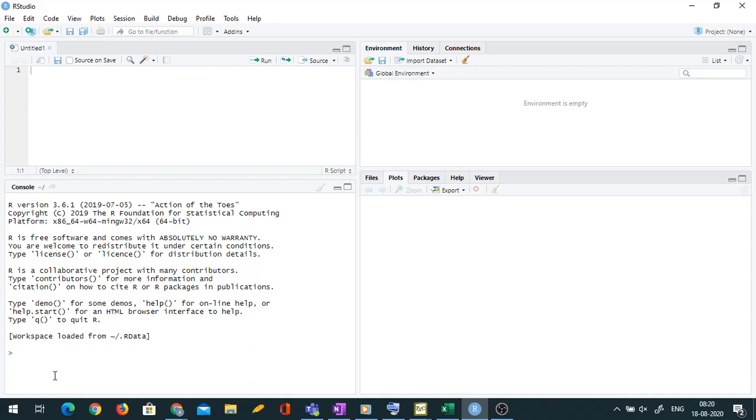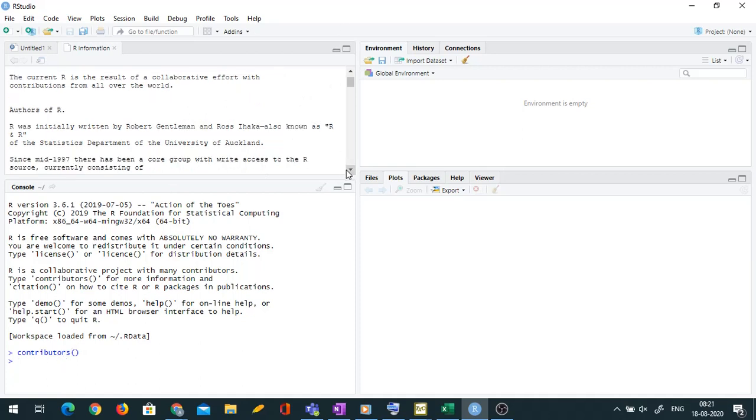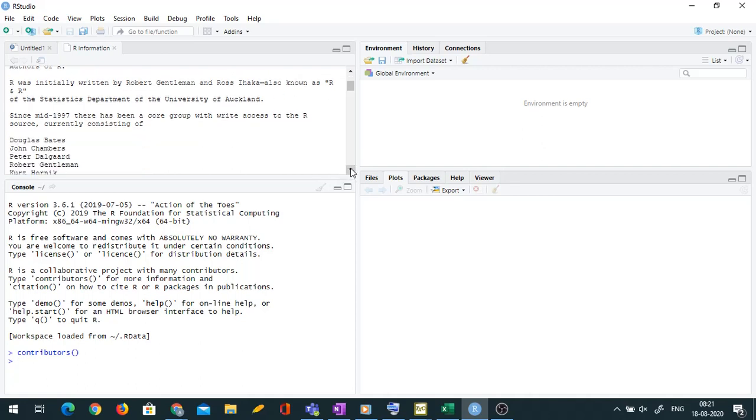We can see the current list of contributors. Of course, contributors keep on changing, but there is something called the core team. So see, here when I type contributors, I am getting some information. R was initially written by Robert Gentleman and Ross Ihaka, also known as R&R, Robert and Ross. They were from University of Auckland, and since mid 1997 there has been a core group with write access to the R source, and this is the current list of core group members.